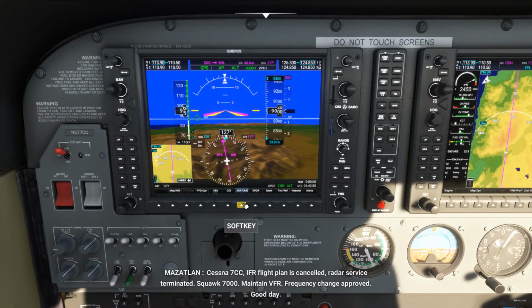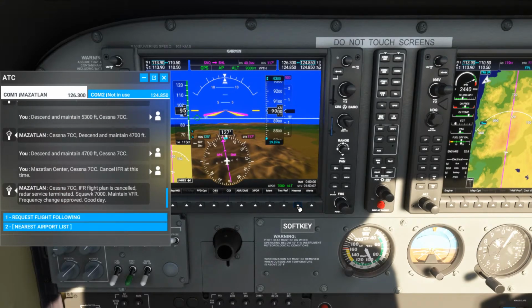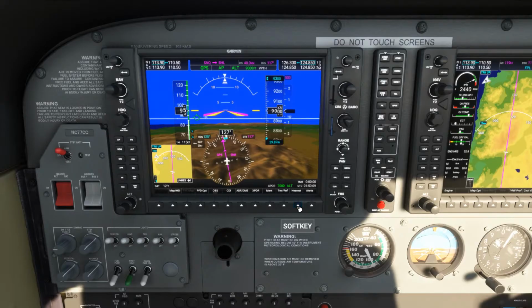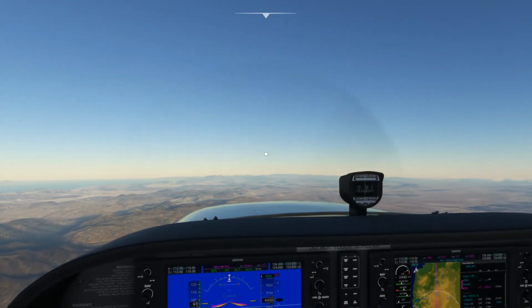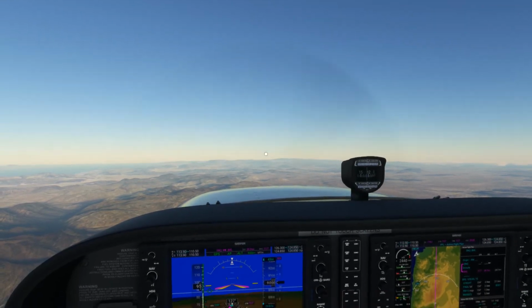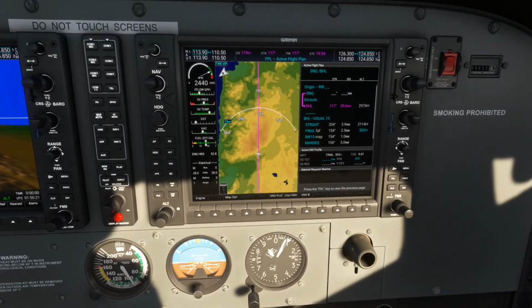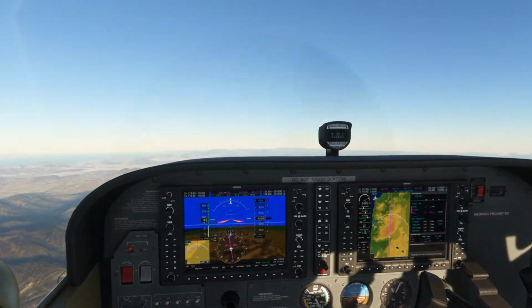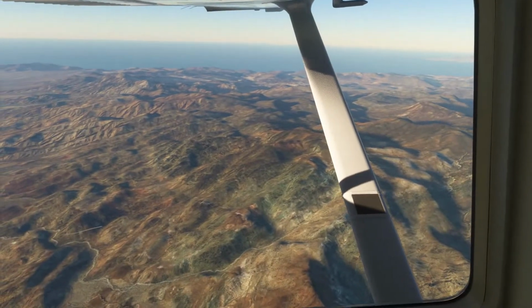If you go VFR, it changes to 1200, but here the squawk is 7000. And then that's it. So we really don't need IFR here. The reason why I set an IFR plan is mainly that she tells me what approach to set up, but weather-wise, an IFR plan definitely isn't required.